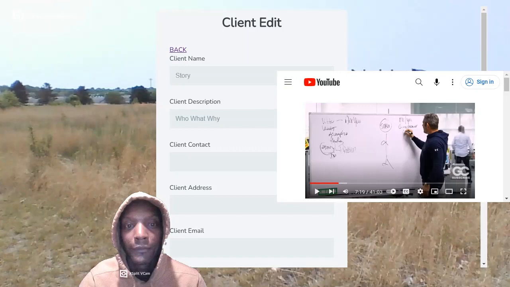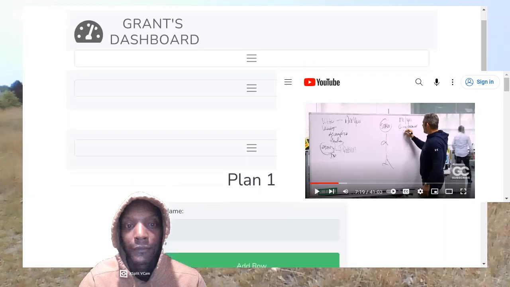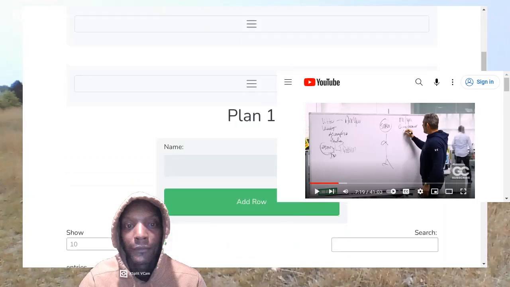Edit it here. So from here we go back to viewing the client here.